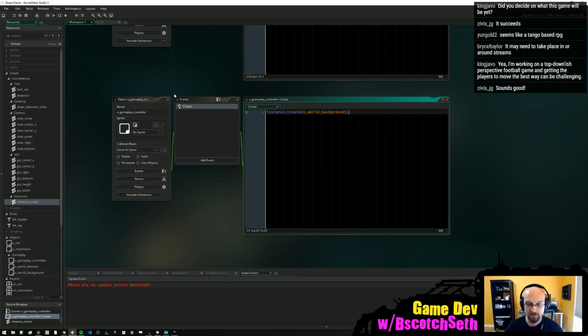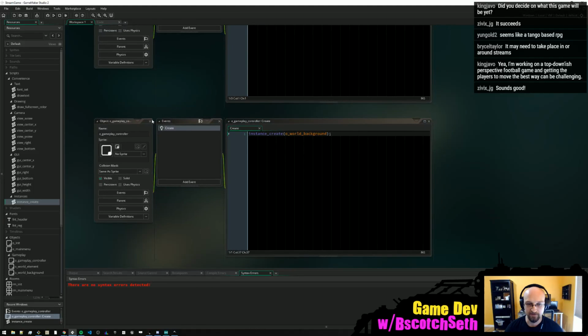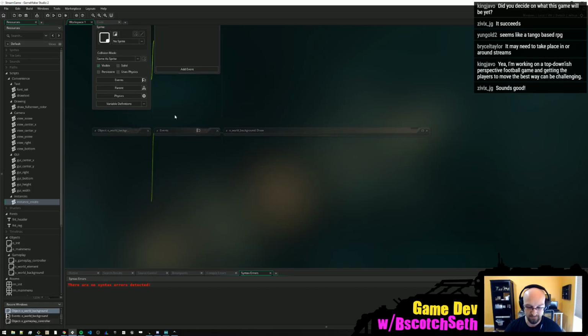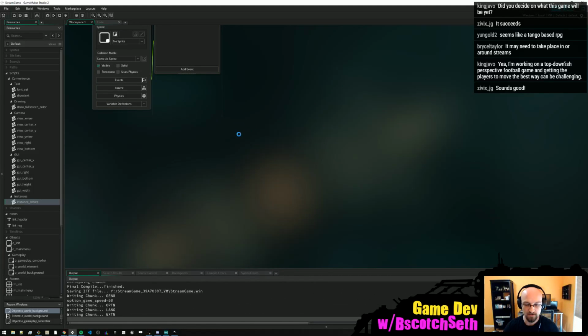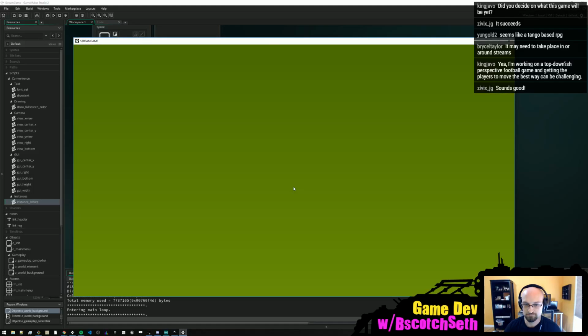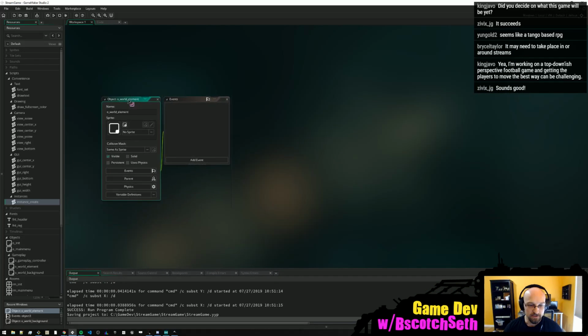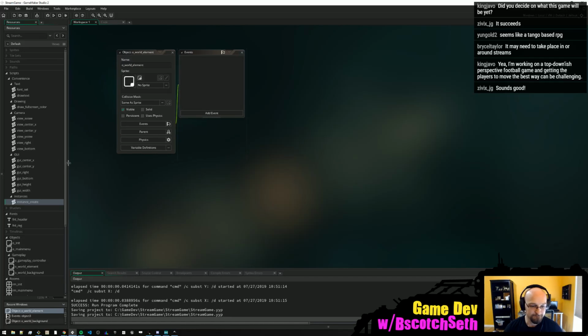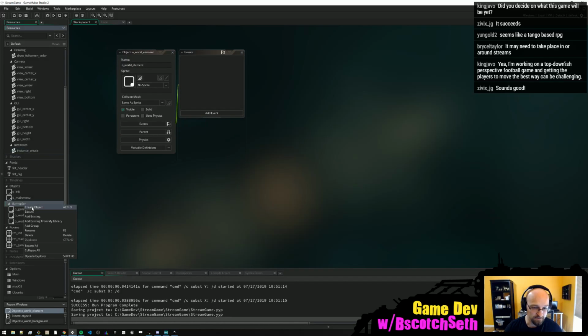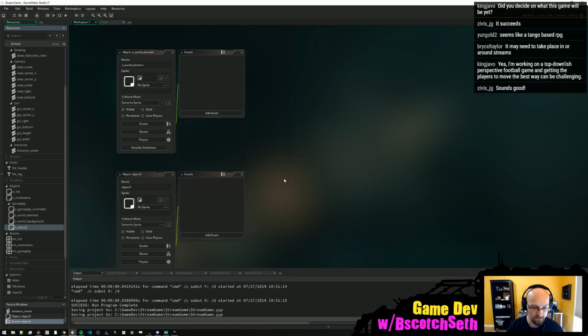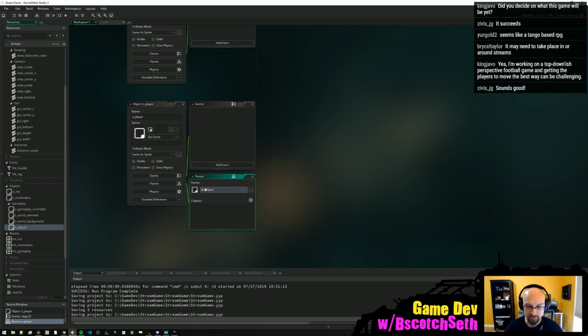So that's all we're going to do in our gameplay controller. And let's just verify that this is doing what we want. Okay, we've got our green world. All right. Next up, we'll make a player character. The parent of the player is going to be the world element object,